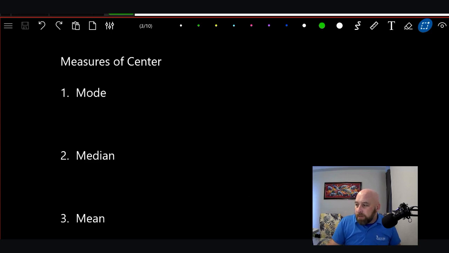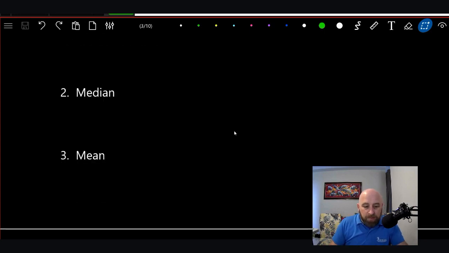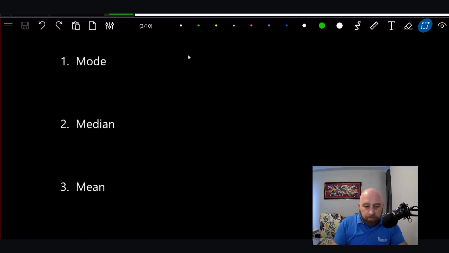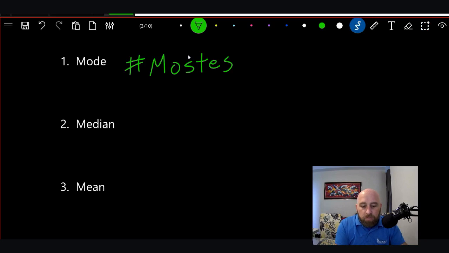Go ahead and turn the page over to page 554. We're going to talk about mean, median, and mode. We're going to do them backwards. We're going to do mode, median, and mean. What is the mode? I kind of came up with this word all by myself. I say that the mode is the mostest. The mostest. Now, that's not a word, but I like it. Why do I like it? Because it really sticks out in our mind that the mode is the one that happens the most,